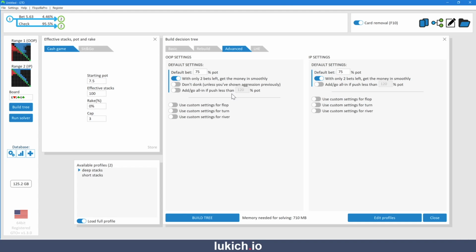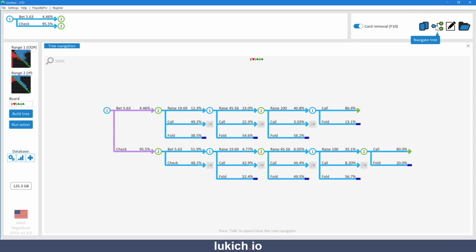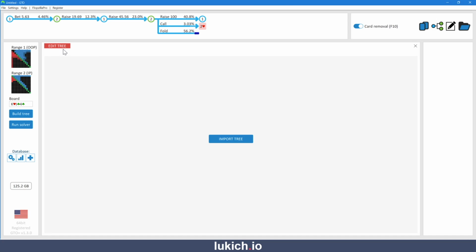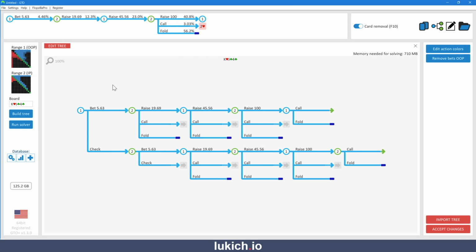The third tip I'll make is do make sure that you spend some time looking through the tree navigation and then actually editing the tree this way too. So I went through this in the last video, but there's a lot of additional steps in here. And this is, again, a very simple tree, but as you start building out more complex trees, you're going to see a lot of steps. And if you leave it at the default level,